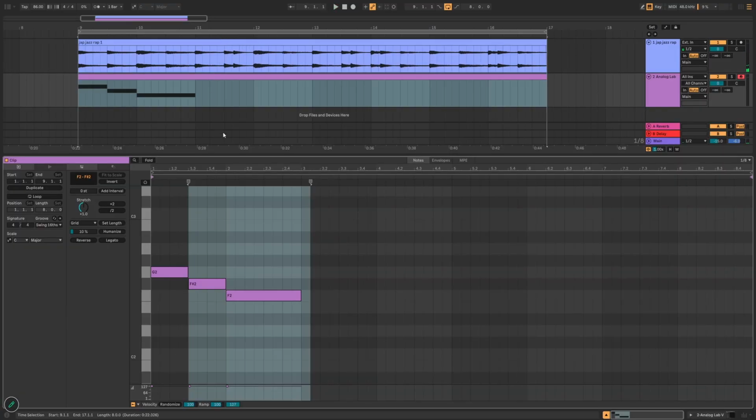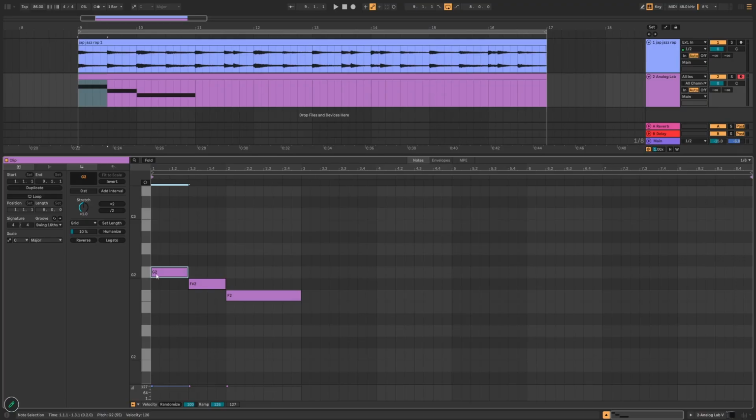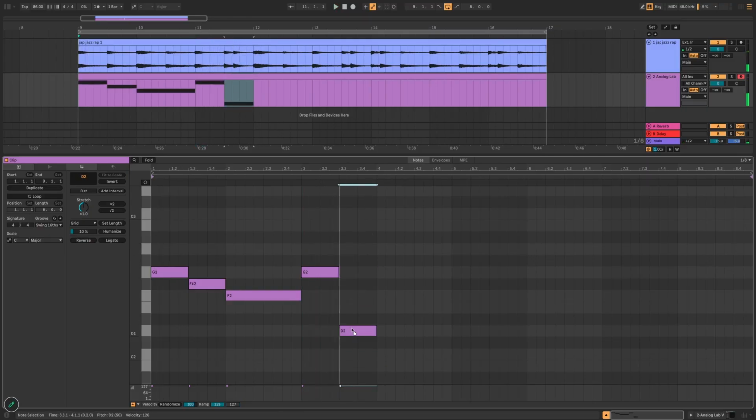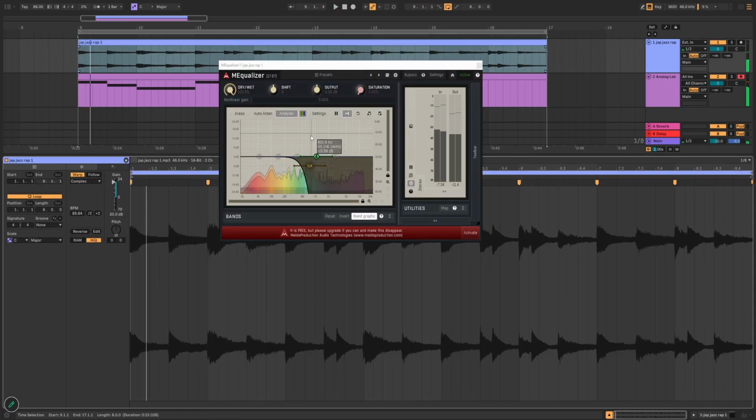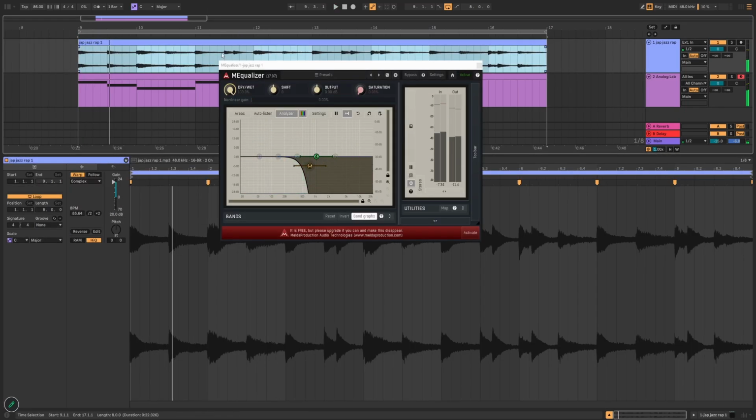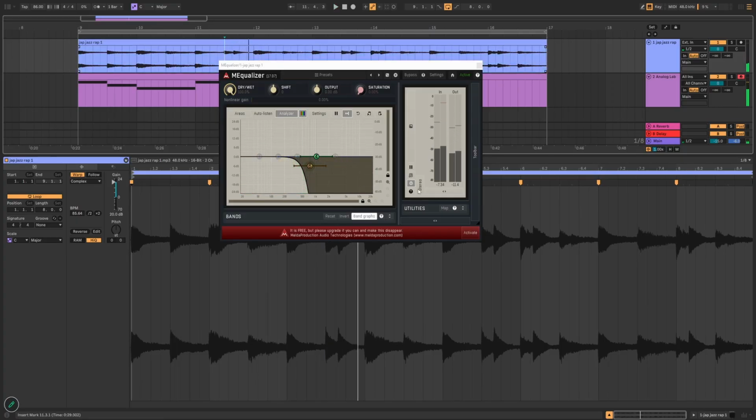Here we don't have a lower note, so I don't know if it's E or what it is. Or maybe C. Yeah, sounds like C to me, because I just saw this C higher up here, so it probably is just that.